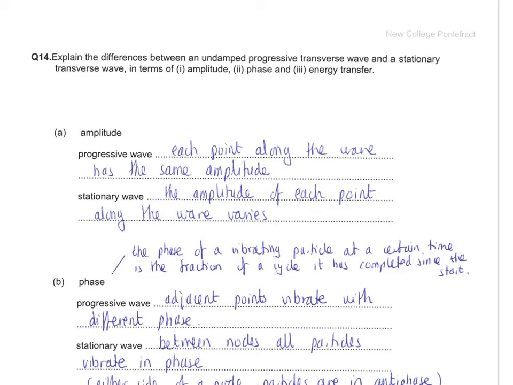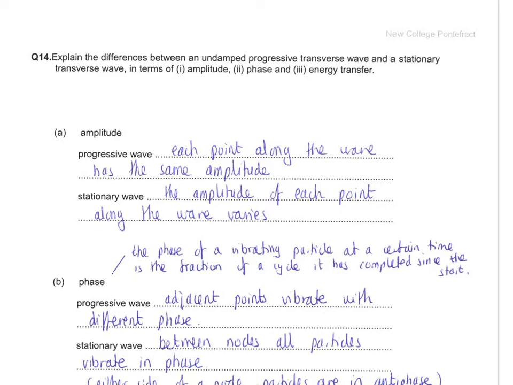So this is the Waves Homework Booklet question 14, and we're asked to explain the differences between an undamped progressive wave and a stationary transverse wave in terms of amplitude, phase and energy transfer. So we're not trying to define amplitude, phase and energy transfer, but say how the progressive wave is different from